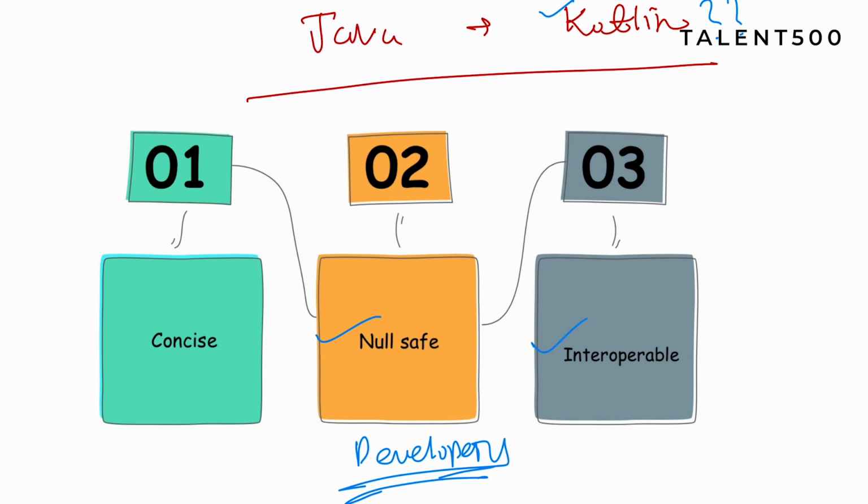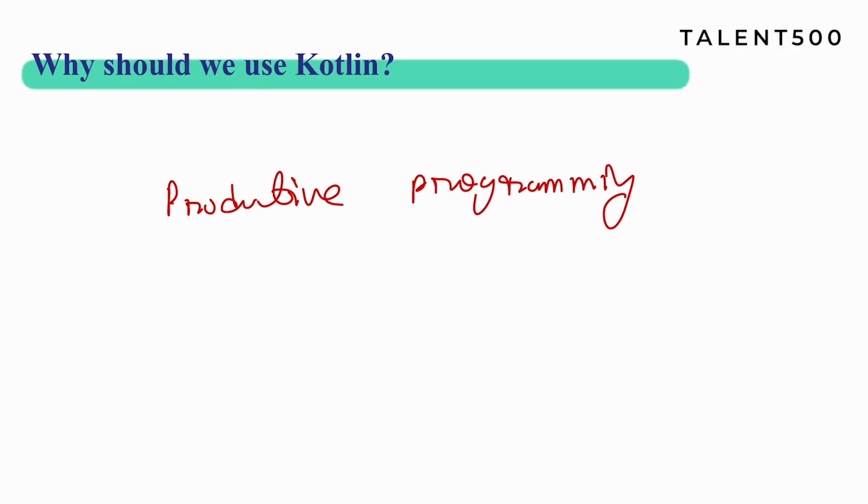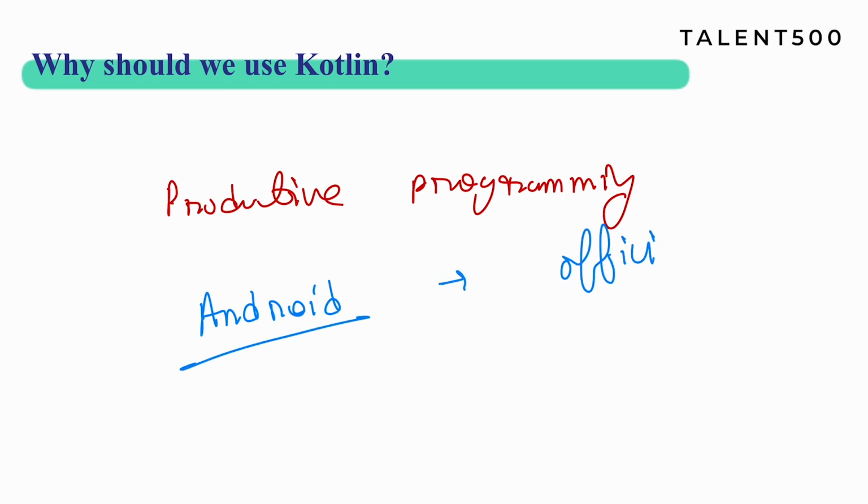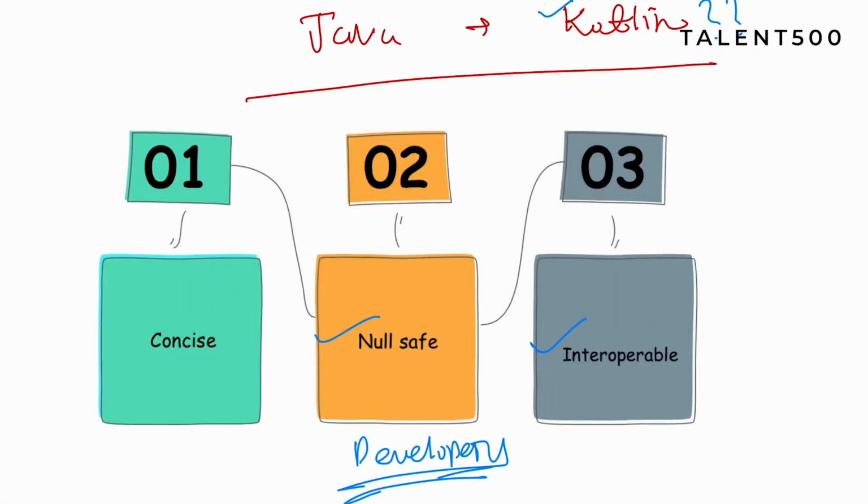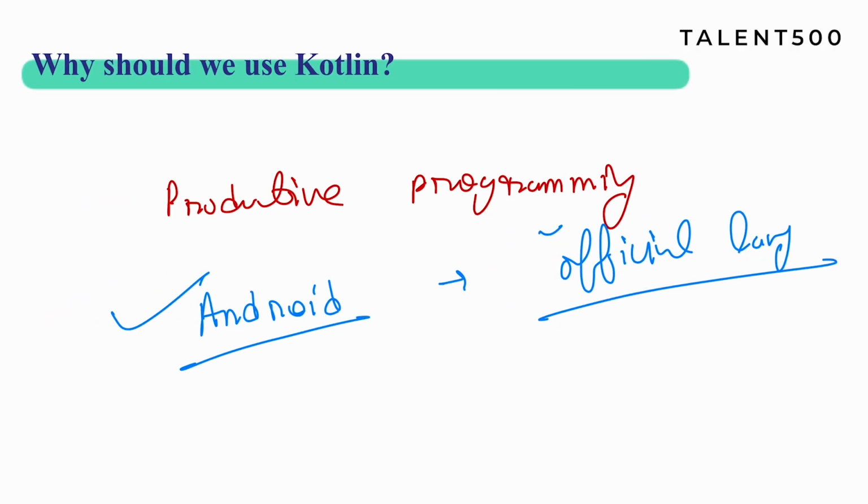And the third feature, interoperable. Okay, so let me tell you, generally if you go for an interview for, let's say, a Kotlin developer or Android application developer, since Kotlin is the official language for Android app development, if you are developing Android applications, you must obviously know Kotlin. And there you can talk about these stories which I talked about, like companies switching because of these reasons.